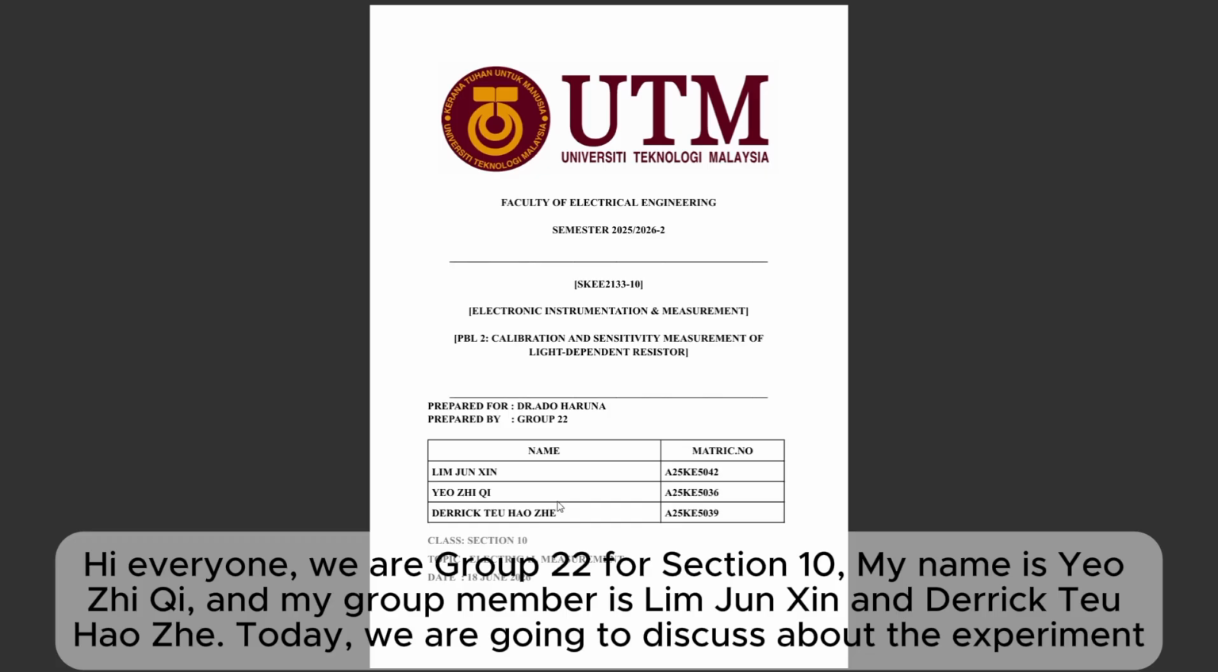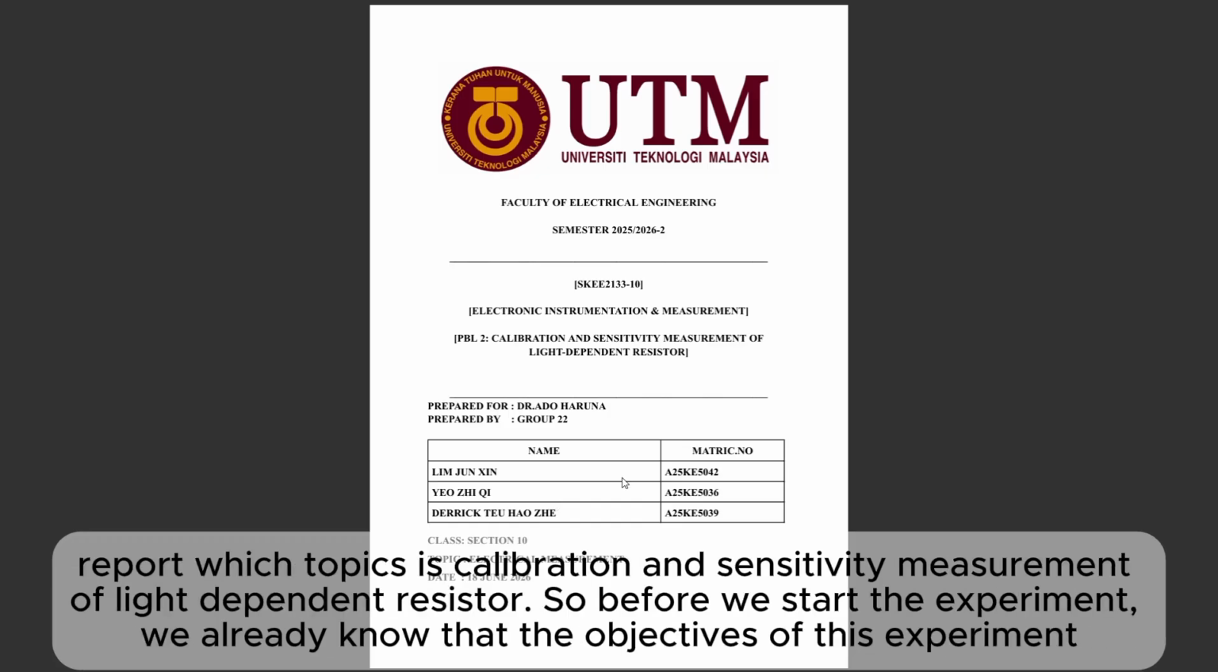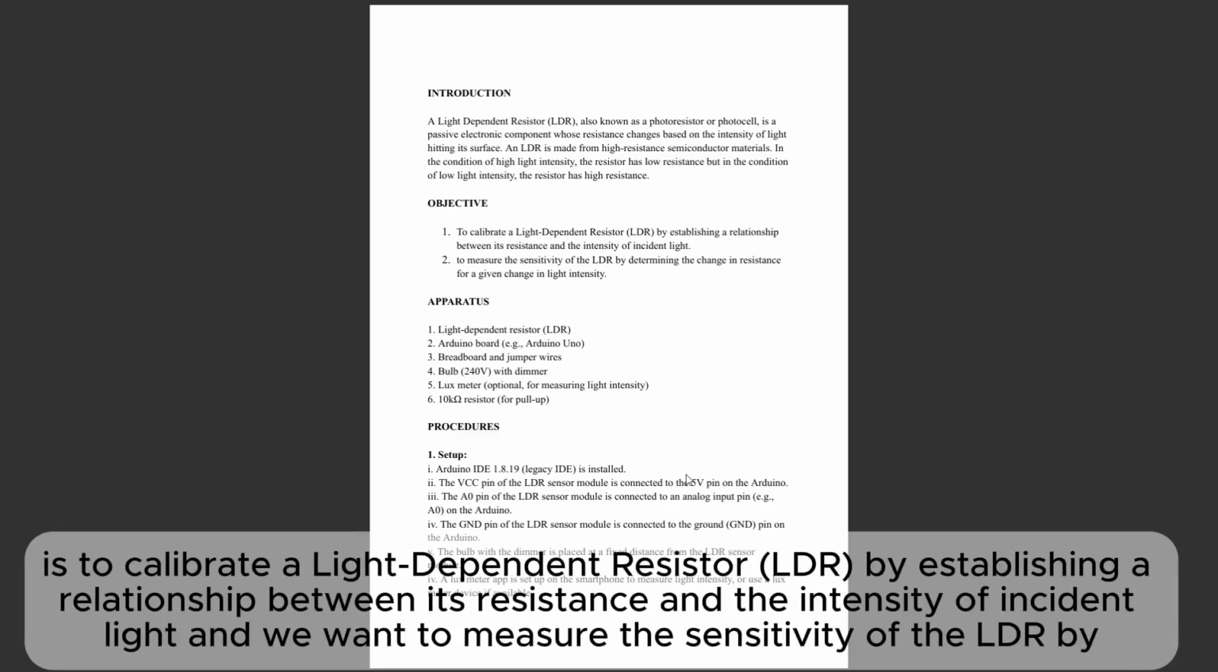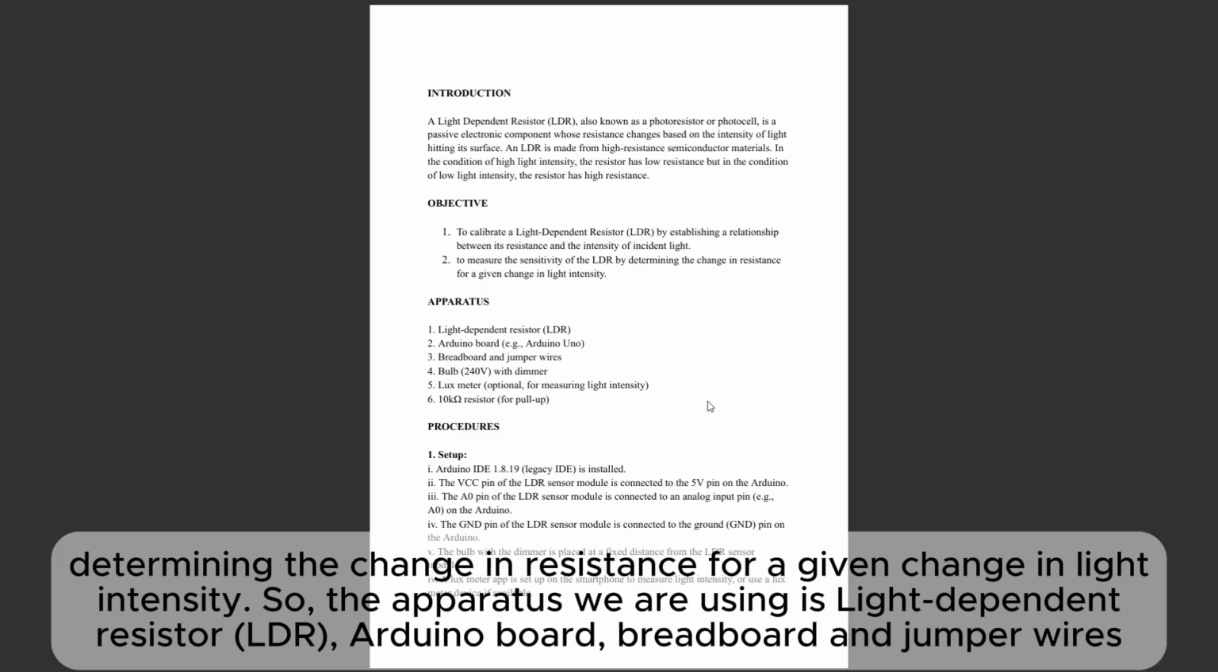Today we are going to discuss an experiment report on the topic of calibration and sensitivity measurement of a light-dependent resistor. Before we start the experiment, we already know that the objective is to calibrate a light-dependent resistor by establishing a relationship between its resistance and the intensity of incident light. We also want to measure the sensitivity of the LDR by determining the change in resistance for a given